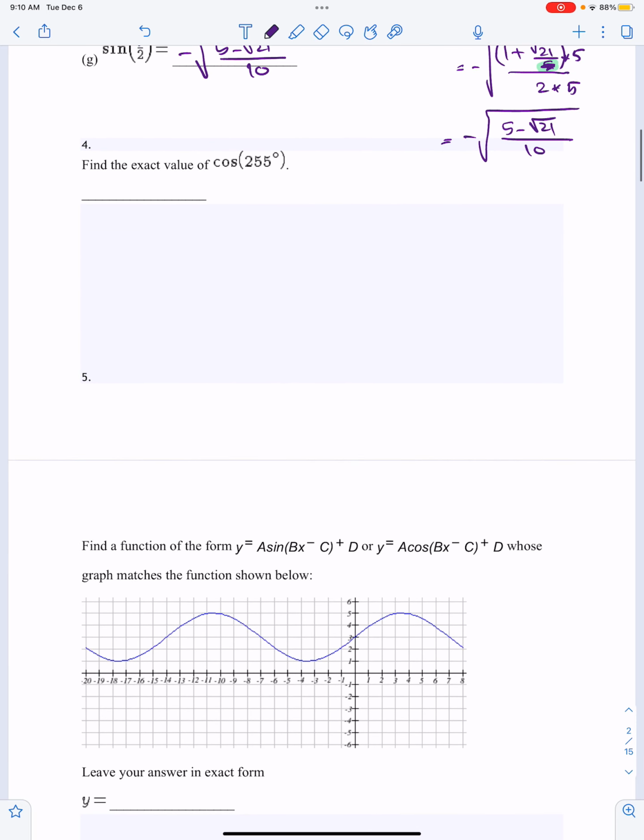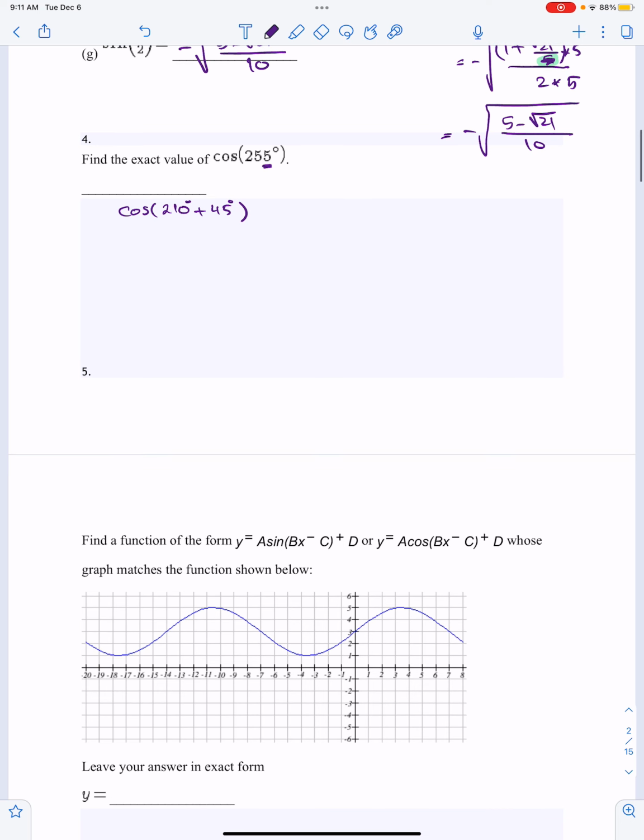Question number 4, you will need to find the exact answer for cosine 255. 255 is not on the unit circle, so we're going to try to break it down into two angles that are already on the unit circle. We know that 255 is the sum of 210 plus 45. So we can rewrite this as cosine of 210 degrees plus 45 degrees. When I see 5 here, I immediately jump to 45 plus something else. I'm going to use the sum formula for cosine to solve this, which is going to be equal to cosine